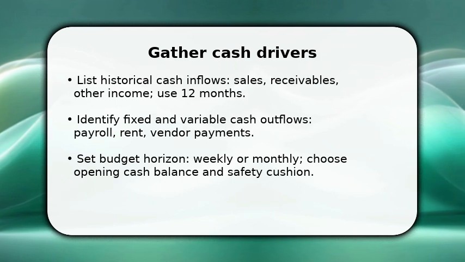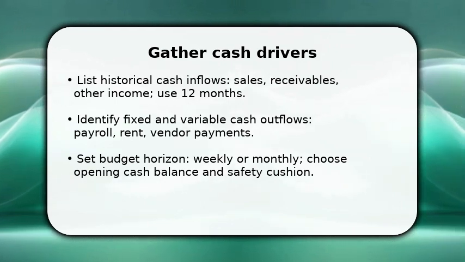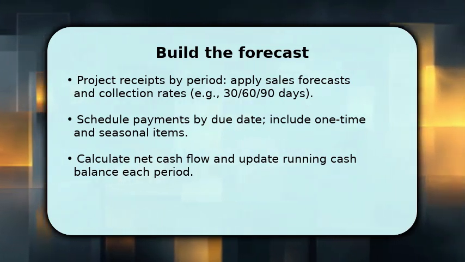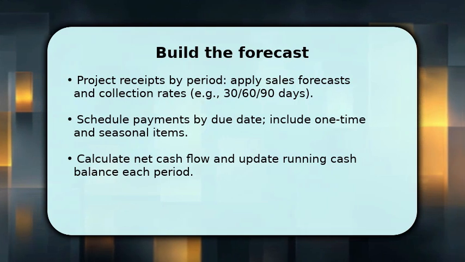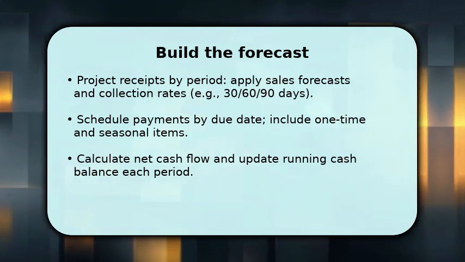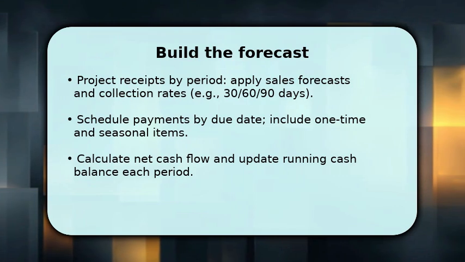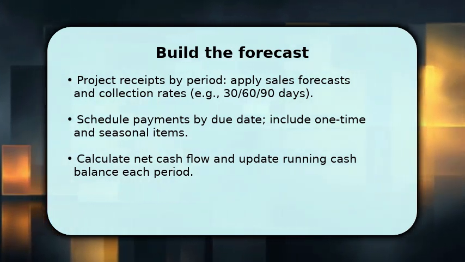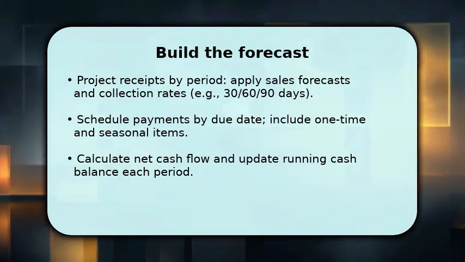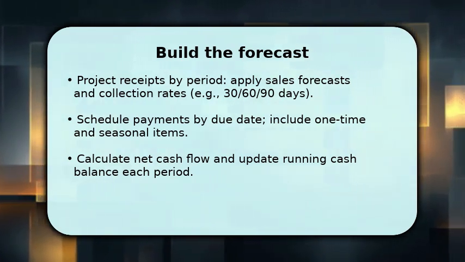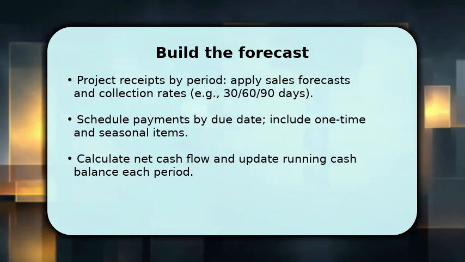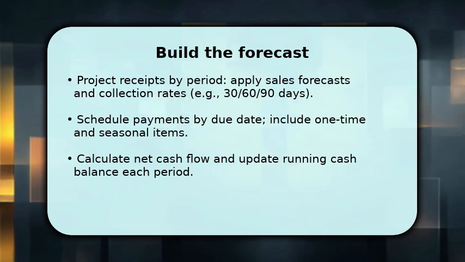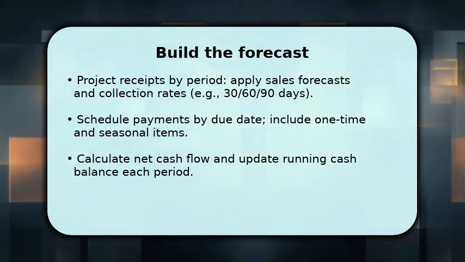You now convert drivers into a period-by-period forecast. Start by projecting receipts using sales forecasts and collection patterns, for example 30/60/90-day splits, so timing matches reality. Next, schedule payments by due date, inserting one-time and seasonal cash needs. Don't forget payroll timing. Then calculate net cash flow each period and update the running cash balance to show surplus or deficit. Once updated, review assumptions and adjust rates or timings until you finish by turning the forecast into actionable